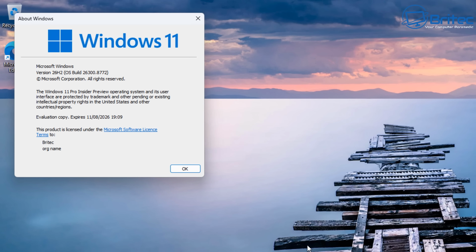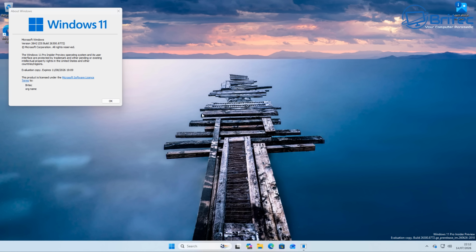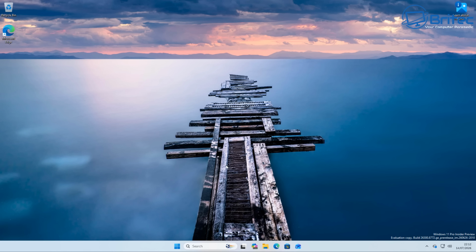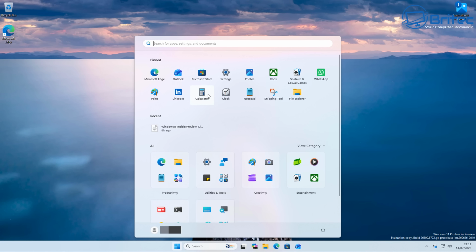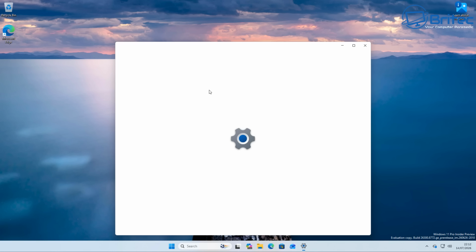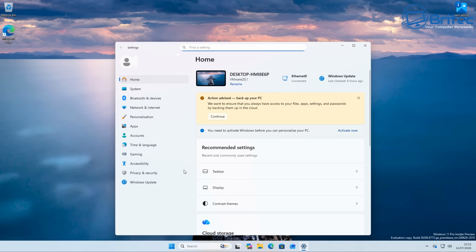If you're running Windows 11 26H2 and you're on the experimental channel, then you will be able to use these improvements. They're gradually rolling out via the controlled feature rollout. I'm going to show you how you can enable all of these features inside the very latest Windows 11 26H2